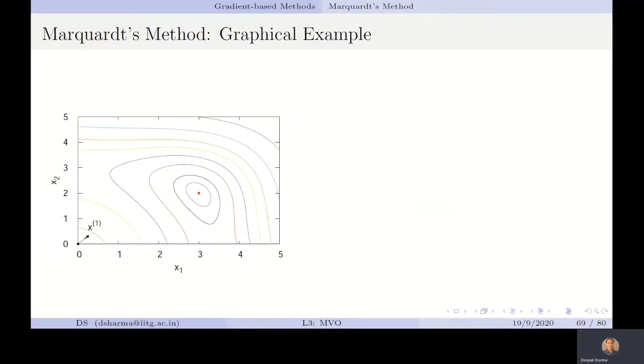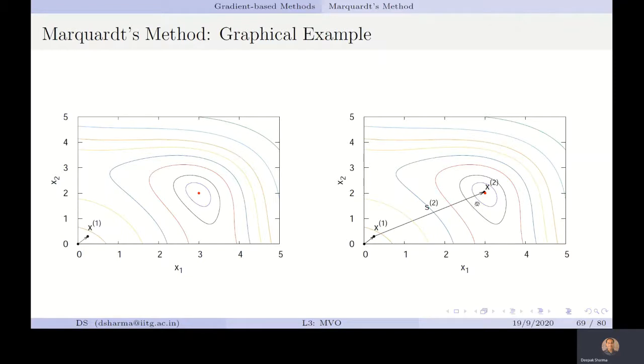Let us see the graphical example of the same two iterations here. So we started with the origin and moving in the direction of, say, S1. So we get a point x1. After finding that, again, we have to move in the direction of S1. And then in the second plot on the right hand side, you can see the point x2 is already close to the minimum point. And in a few more iterations, we can locate the minima for this particular problem.